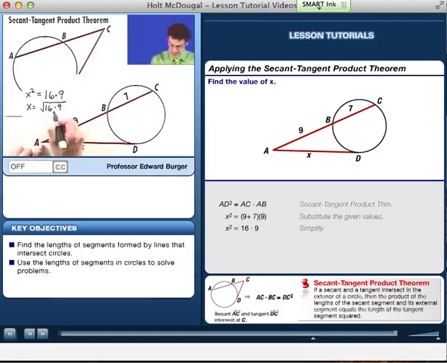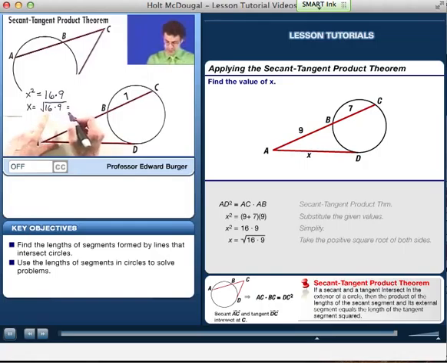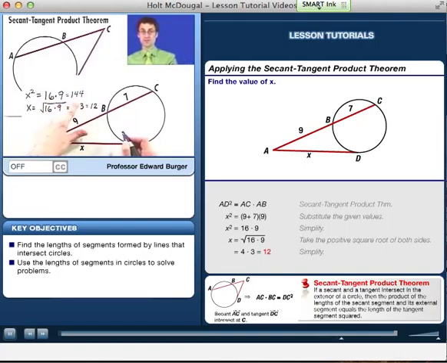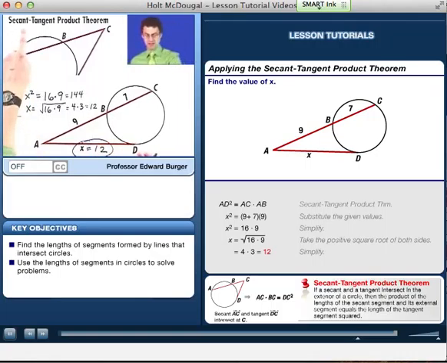and I'm going to use a property of square roots that tells me that the square root of 16 is 4, multiplied by the square root of 9 is 3, and so I see the answer is 12, which, by the way, is what we would have gotten if we had multiplied this out and seen 144. The square root of 144 is 12. Anyway, the answer is x equals 12, and we were able to actually find that length, AD, by using the